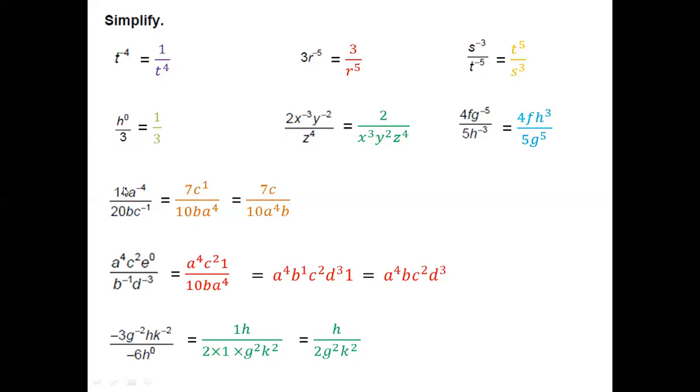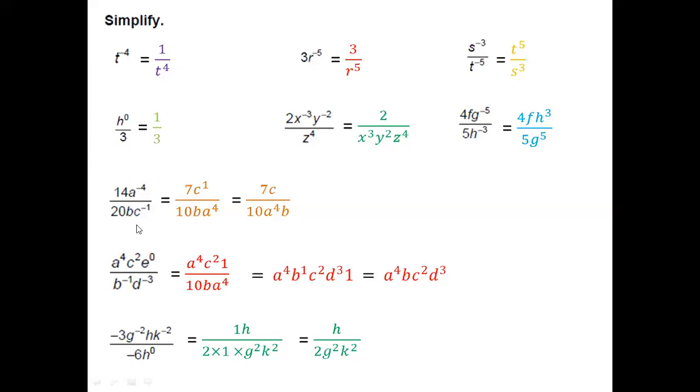Okay, now moving on, you will find a little bit different ones here. Now here they have given us two numbers, whereas in none of the other questions except here they gave us 14 and 20. But 4 and 5 we cannot simplify with any other number. They are already in their simplest form. But 14 and 20 are not in their simplest form. We can still simplify that with 2. So 14 divided by 2 will give you 7. 20 divided by 2 will give you 10. Now it is in simplest form. So always keep in mind, that's why I said you have to be very vigilant and very careful when you're solving this. Whenever you have numbers which you can simplify, first simplify the numbers, then you move on to the others.